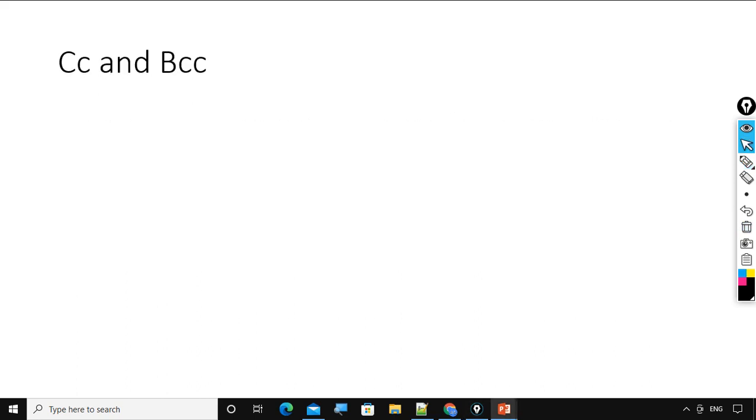See, what is CC? CC means carbon copy. What is BCC? BCC means blind carbon copy. Why do we write carbon copy? It is to send a copy of our email to another user or recipient. Okay, then what is BCC? This is another way of sending a copy of our mail to some other recipient, correct? So how to configure this while writing our code, that I will explain.